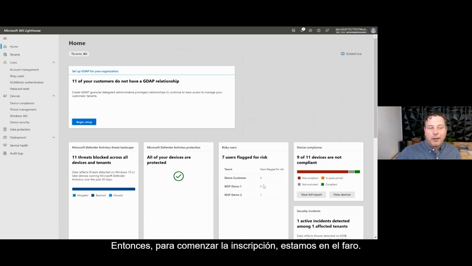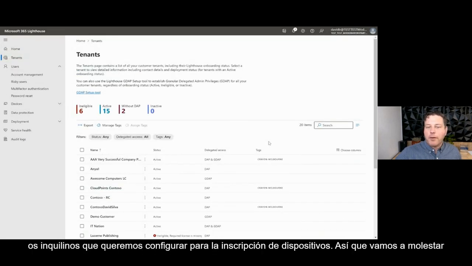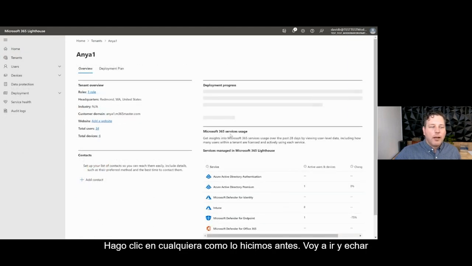So in order to get enrollment started, we're in Lighthouse. We're going to go back to tenants. We're going to pick the tenants we want to set up device enrollment. So we're going to pick on ONU1 again here. If I click on ONU1, as we did before, I'm going to go and have a look at the deployment plan, and I can see here,